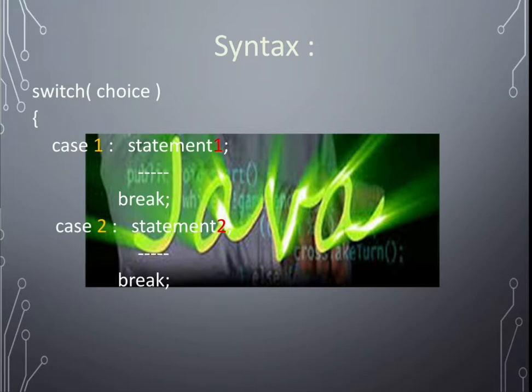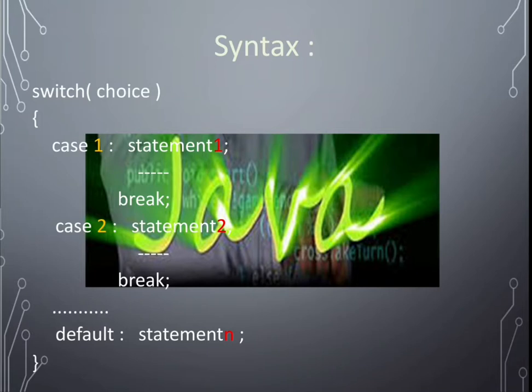I'm using dot dot dot so that you can identify we can have any number of cases. And remember that in the last you have to write default, because if someone comes and asks for something you don't have, you have to say something: sorry sir, you entered a wrong choice.